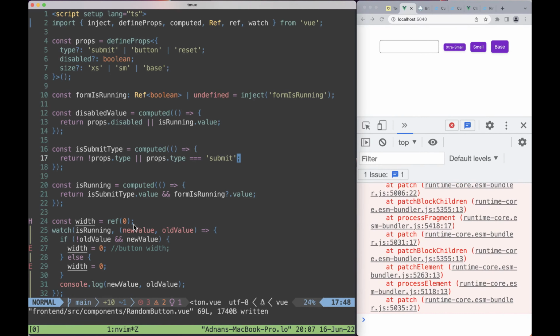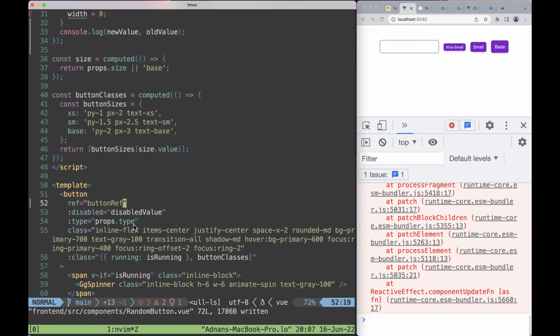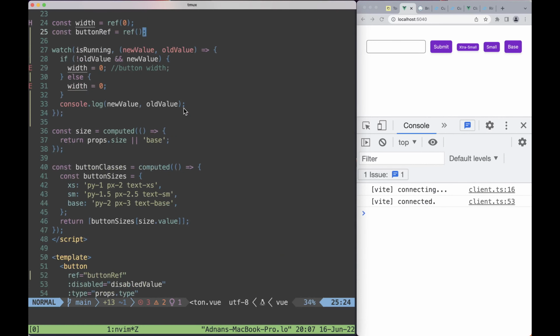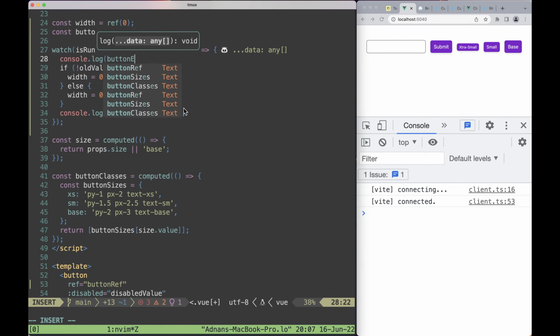So what I'll do is I'll have a button ref, and we'll add a ref to the button. And that will allow me to get access to the straight up JavaScript button as it is. And then maybe I can discover it, and if I don't find it soon enough, I'll go ahead and